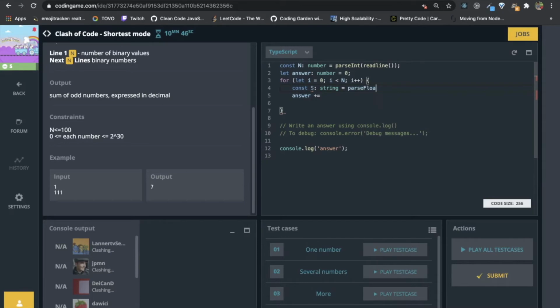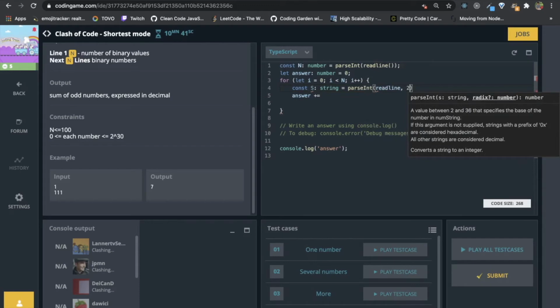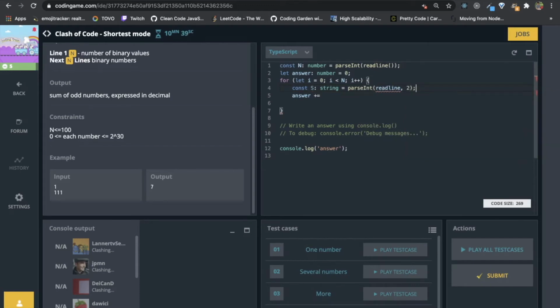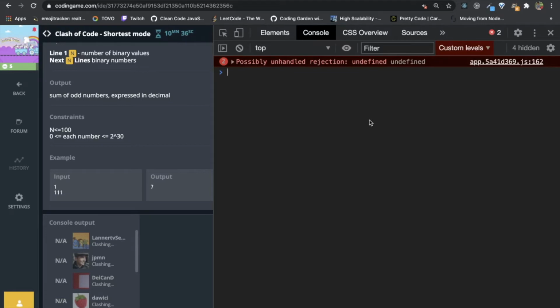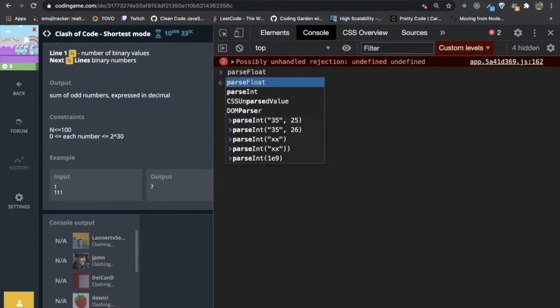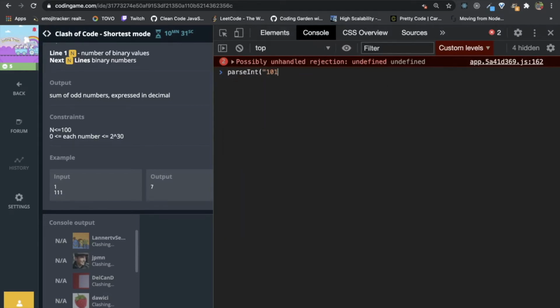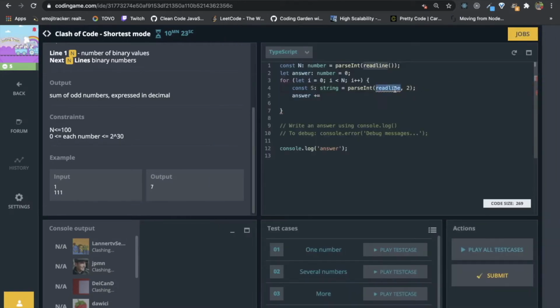We can basically do the plus of readline. Let's do it. So I have 10111 and I want to convert it to a decimal, so it was in binary. We can say s was not used, so s is 7 now, that will be a number, right?